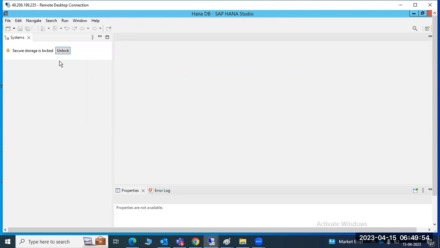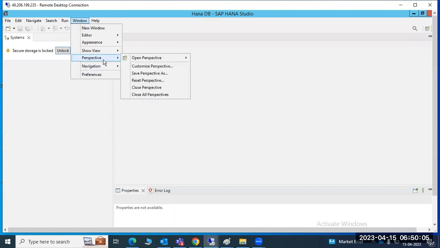The database is added, but it's not displaying here. Why? Because my secure storage is locked. For you, it will not lock. For me only it will lock. Why? Because it's like